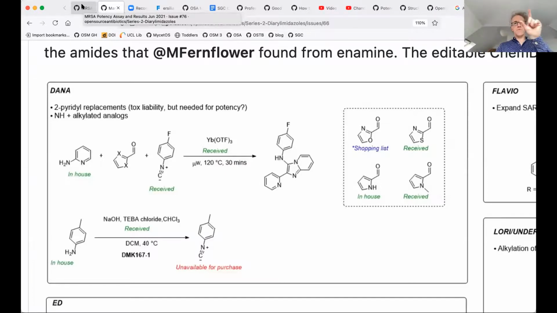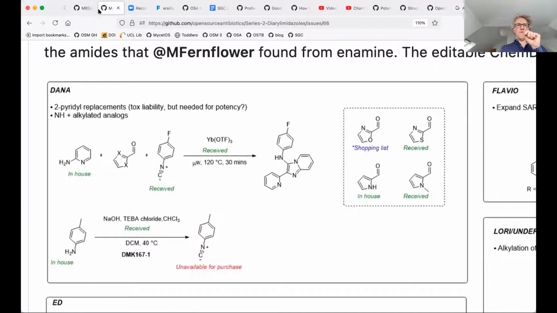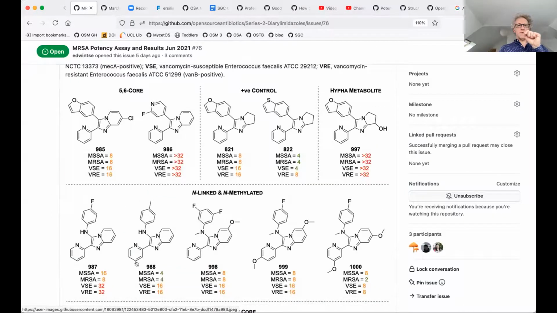Is this microwave? Yeah. So just with that core then, given the data here, essentially building off this, right? Yeah, the reasoning behind making these is just so that we've thoroughly explored replacements for this 2-pyridyl, which we were concerned about from a toxicity perspective. So that fills out the SAR. The plan also is to do them on a large enough scale so that I can take some of the material and then alkylate it and test those compounds as well.